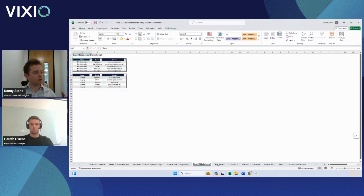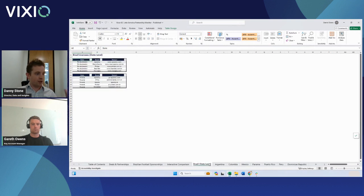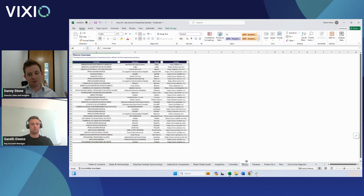And to supplement that main deals and partnerships tab, we also provide licensing lists for all regulating markets within the region. So we're going to see the Brazilian tab really explode with licensed operators as federal licenses start to be issued there in the remainder of this year. We can look at Mexico as an example of a market. Also, I believe Puerto Rico, markets where there's no official list of licensed operators, but we can build a pretty